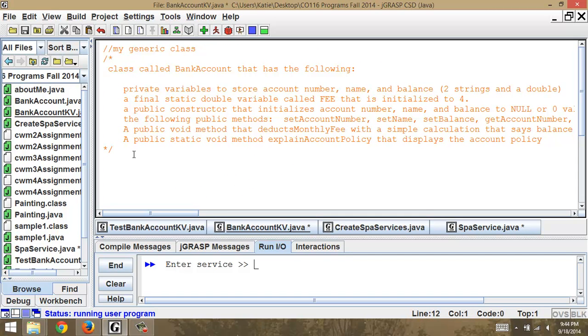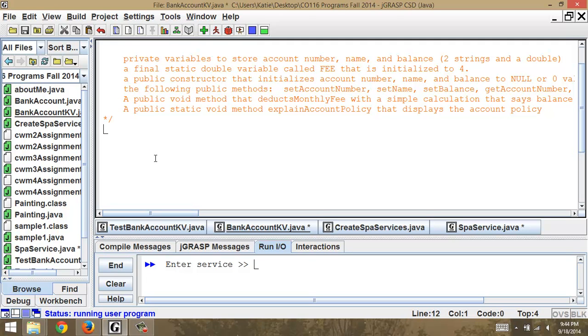Now, to get you started on the basic setup, we would create our class called bank account, and mine, I changed mine to add KV, so that's what I have to do. Yours would just be bank account. And then we open it, and I'm going to close it right away because there's a lot of things that we're going to add in here, and I'll document it. End of the class. Now, what we would do first of all in here, declare your variables, and then you would have your constructor,